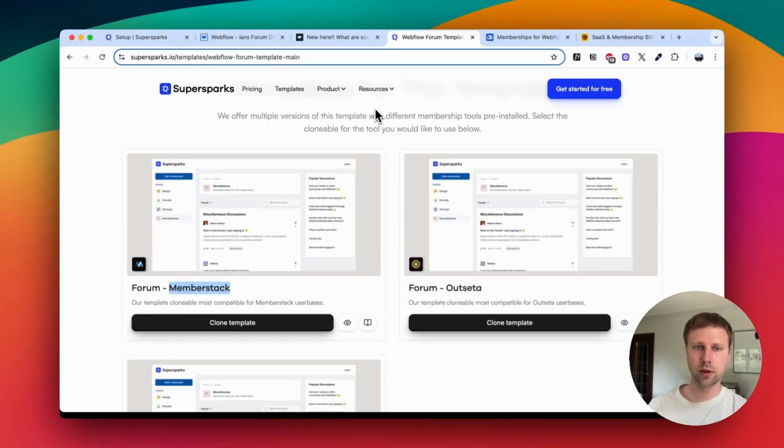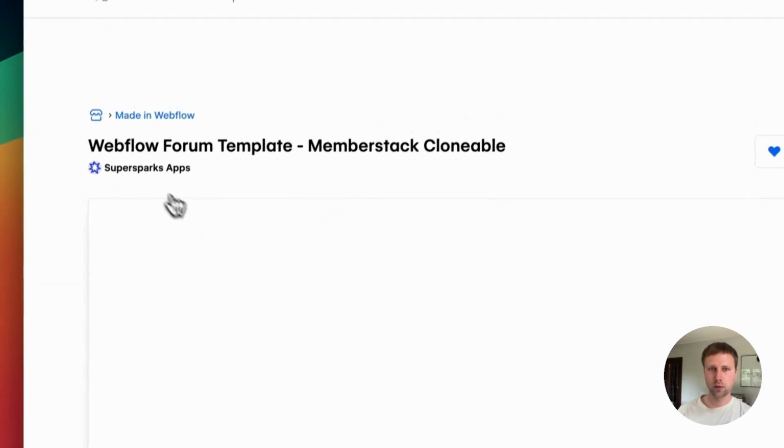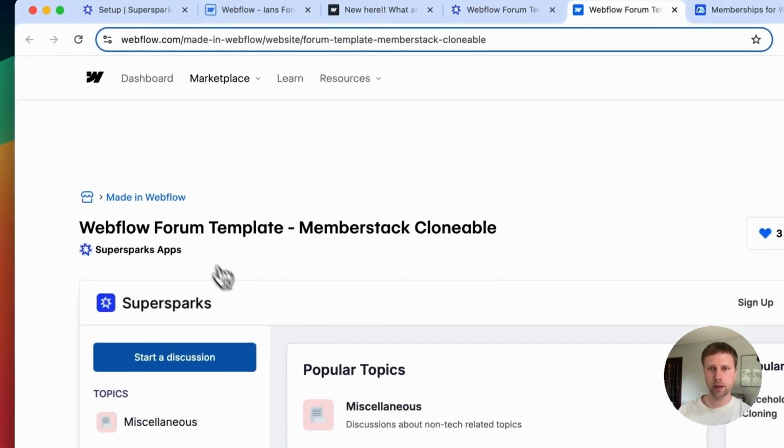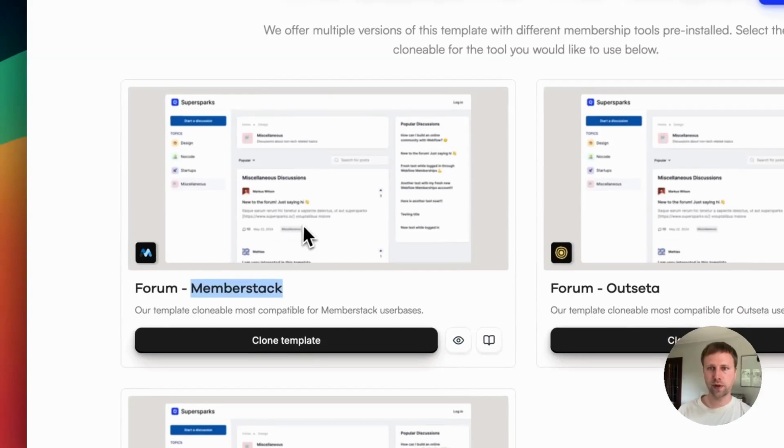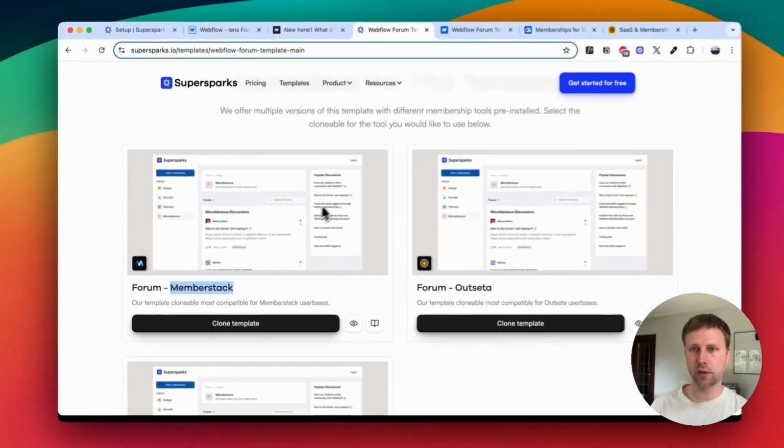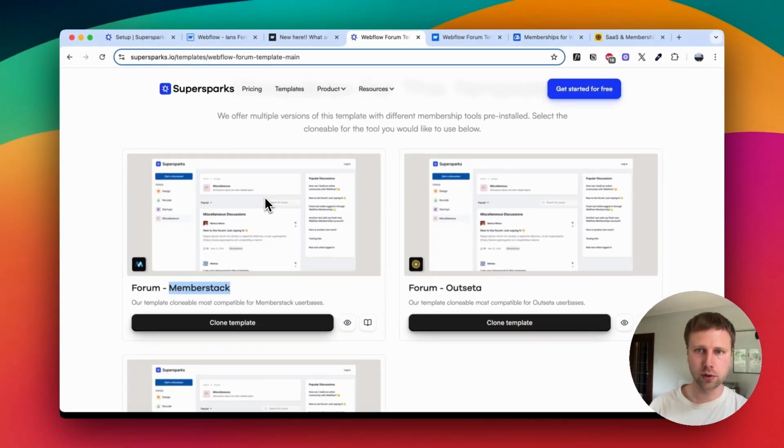Now, in this tutorial, I will actually be creating a new website from a template, which is the fastest and easiest method of implementing this solution. But if you have an existing Webflow site that you would like to add a forum template to, the process is slightly different. So I will provide links in the description to a tutorial that goes into more detail on